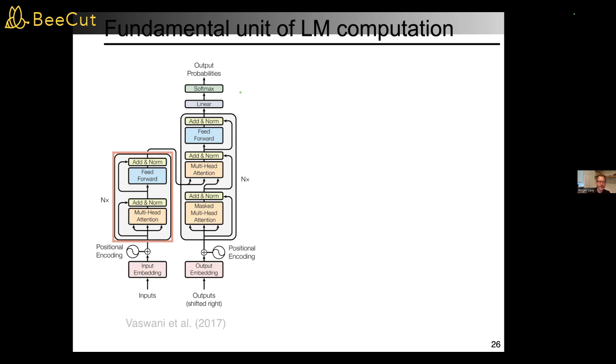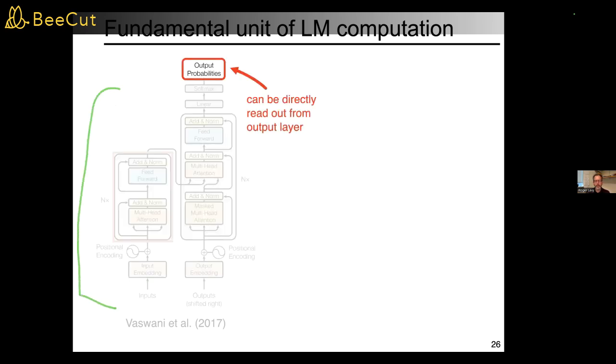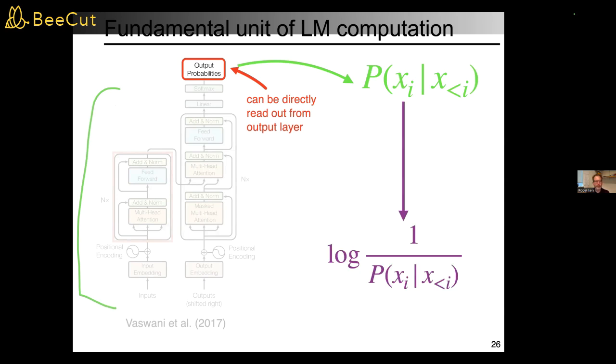This is the classic transformer. The GPT variant is very slightly different, but this is still a pretty good characterization. The internals look really complicated, but what I want you to pay attention to is that behaviorally, what really matters ultimately is the output probabilities, the next token probability distribution, which you read directly from the output layer. And this is a conditional probability of the type that I just talked about. And so you can directly calculate surprisal values from it.